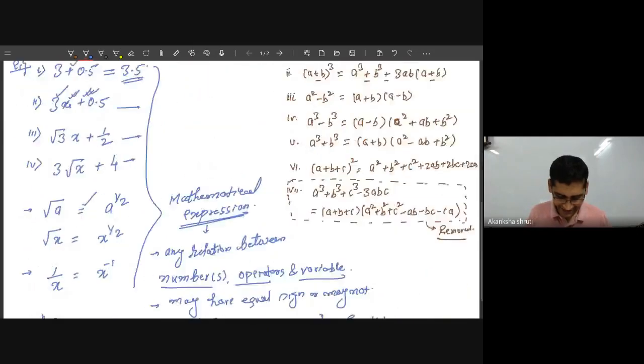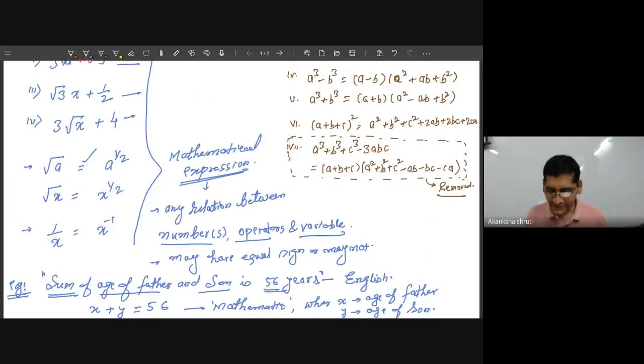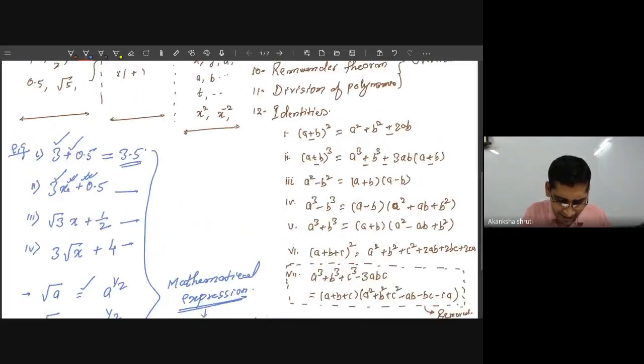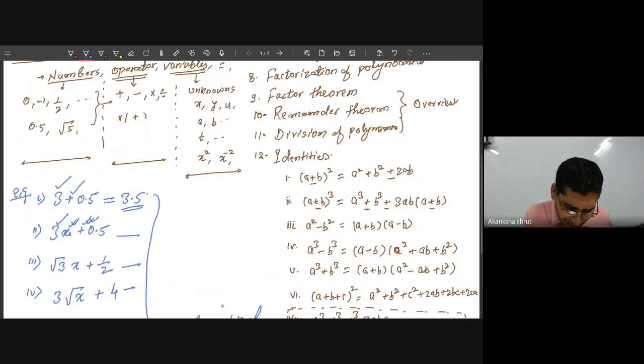What is mathematics? They are relating the numbers, variables, and operations. Okay, they are operators. At your level, it is just multiplication, division, addition, but there are various other mathematical operators also. Like if anyone is writing d by dx, it is called differential.